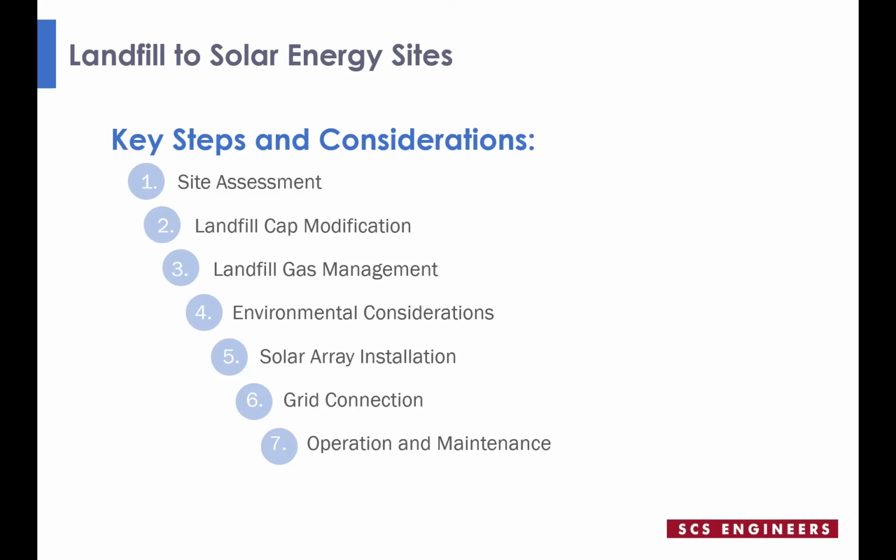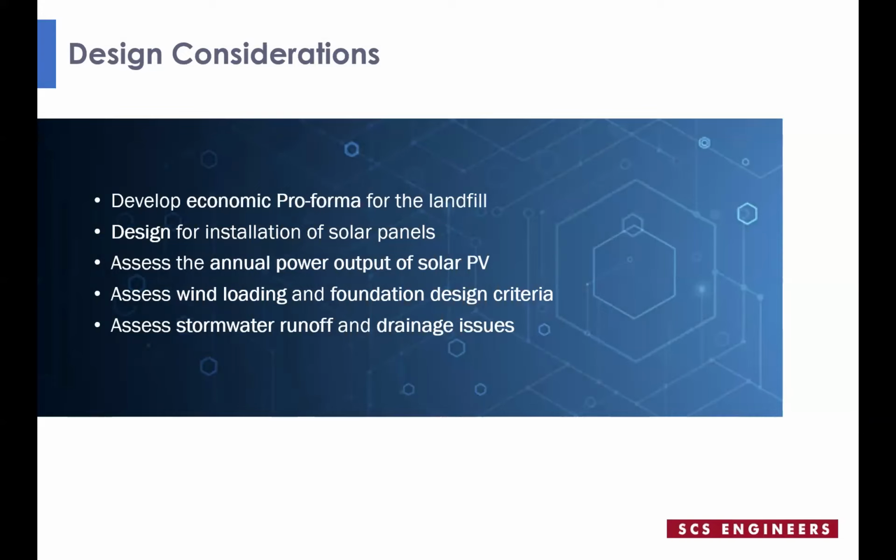Anyways, the generated energy is put into the grid, and then of course there's ongoing operation and maintenance activities. There's design considerations, initially developing an economic pro forma for the landfill. In other words, what's it going to cost over time? Typically, I think they look at 20, 30 years. There's the design for installation of the solar panels, assessing the annual output,